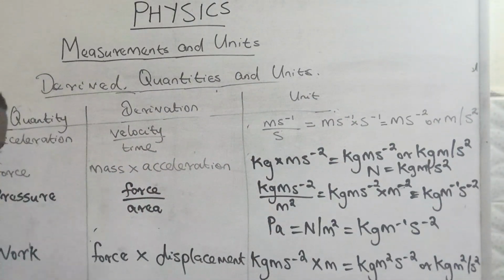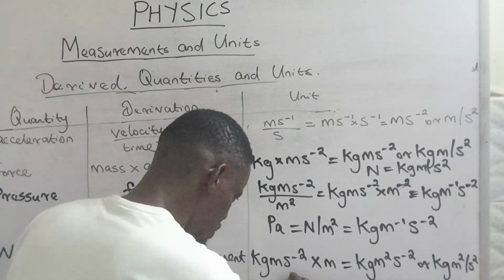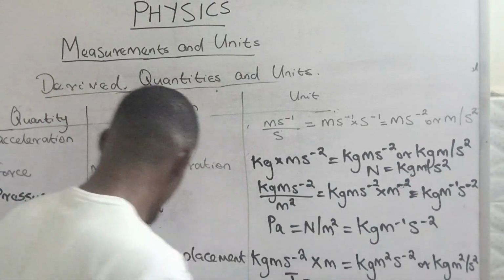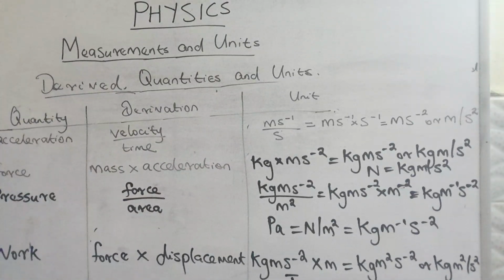Now again, the SI unit of work is joule. So the joule is also equal to, now if we come here, the SI unit of force is Newton, that of displacement